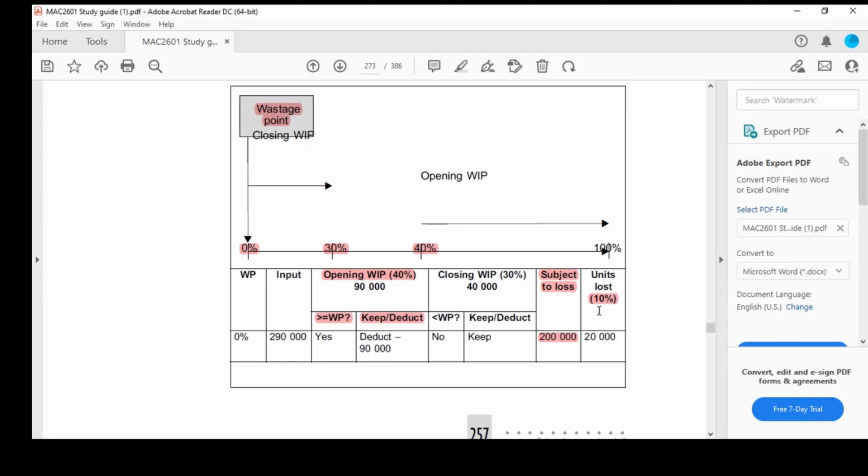The rules that we were looking at say that in terms of opening WIP, is it greater than or equal to the wastage point, not the normal loss size, but the wastage point. So opening WIP was 40% complete. It still has 60% to go in order for it to be